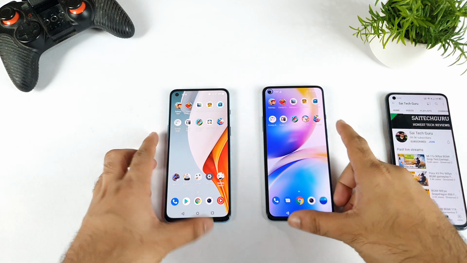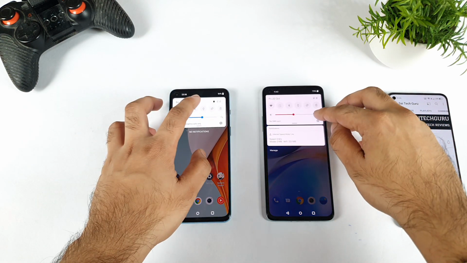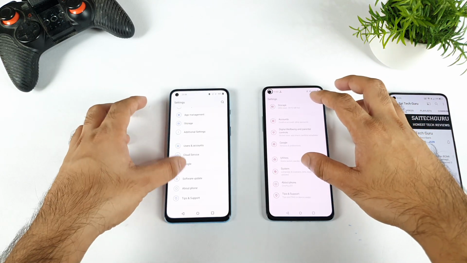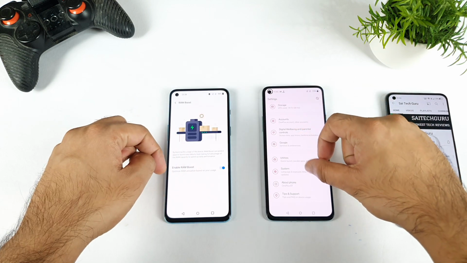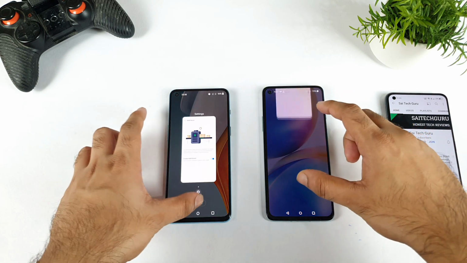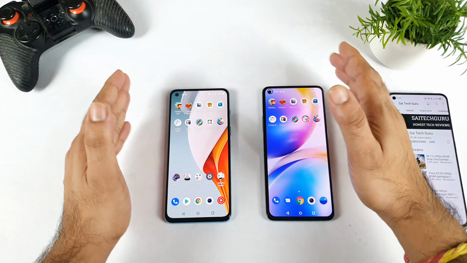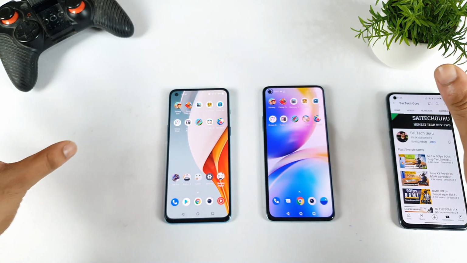Right now, both phones have completely booted up, friends, and there are no background applications running, and there's no high performance mode. I did not enable it, but I did enable the RAM boost, which is present in the additional settings, I think. Let me check. Yes, I did enable the RAM boost option in both phones. That's something you should know. Let me clear everything from the background. So all the apps are completely clean. And I did not add these games into the game space. Nothing at all. There are no game boosters. I did not enable that.